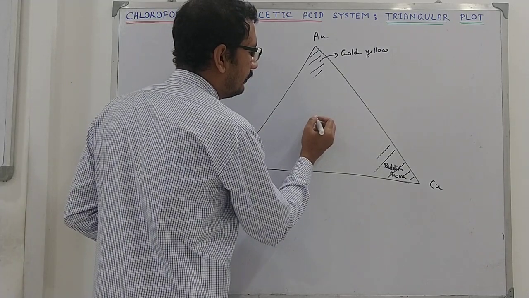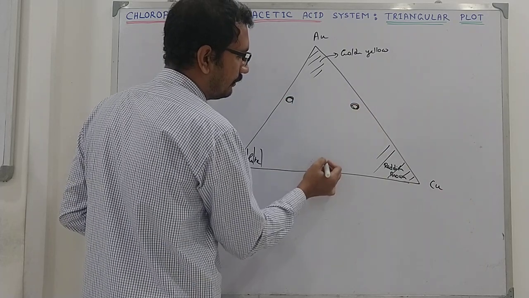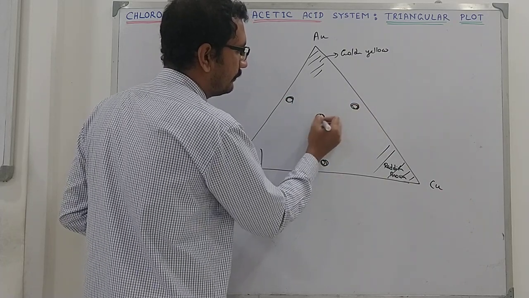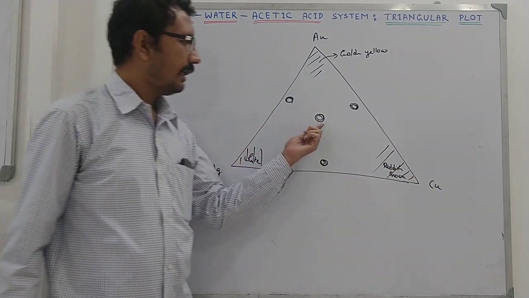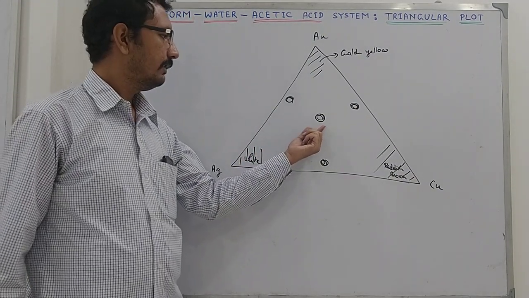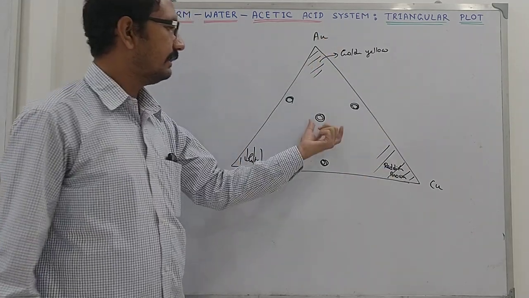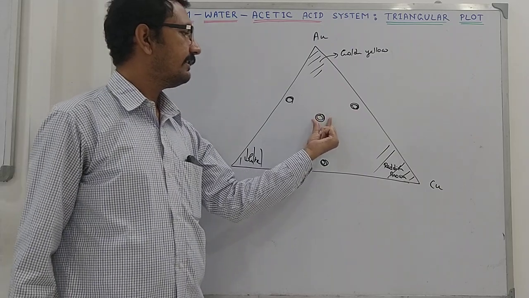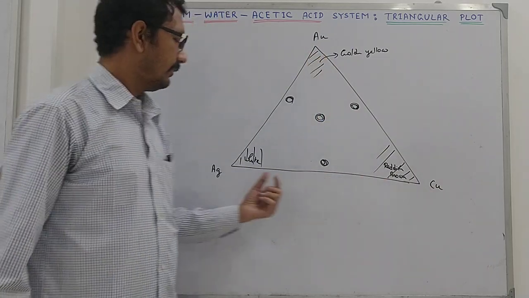So can you guess the color at this position? This position, this position, and this position. This is of interest. So you see, at this point there is almost equal contribution of all three. That is 2 into 100 by 6% of gold, 2 into 100 by 6% of copper, and 2 into 100